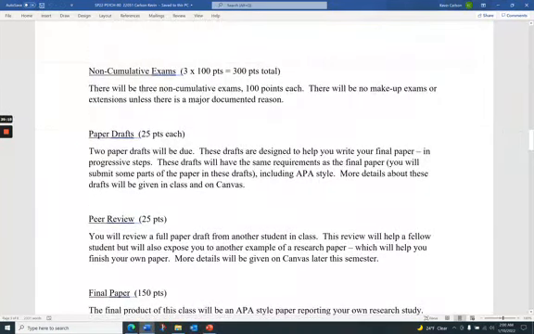And then in terms of non-paper stuff, we have 3 non-cumulative exams. Those exams you'll see will occur pretty early in the semester. I want us to get the exams done early so that we can have more time later in the semester for writing your papers.